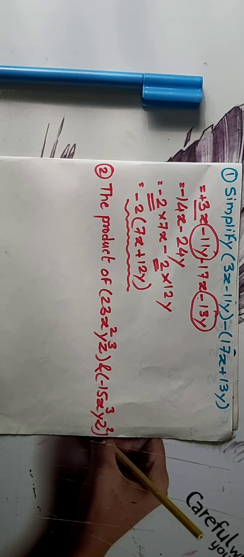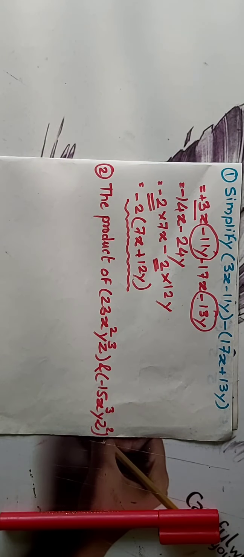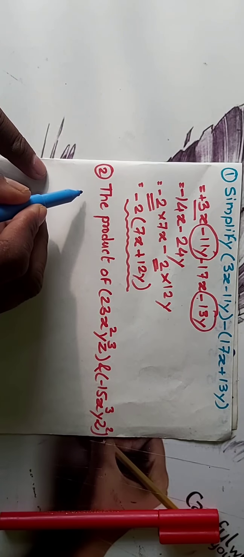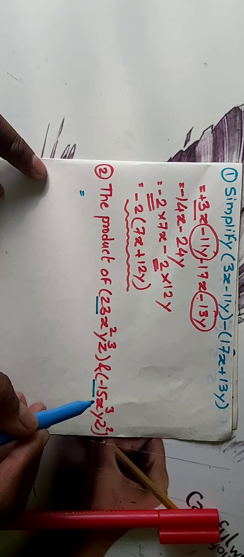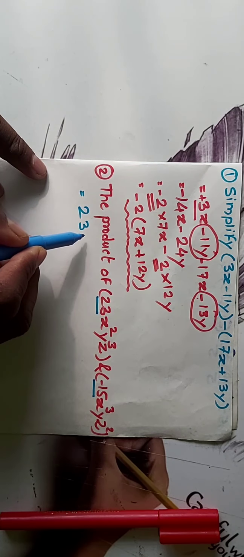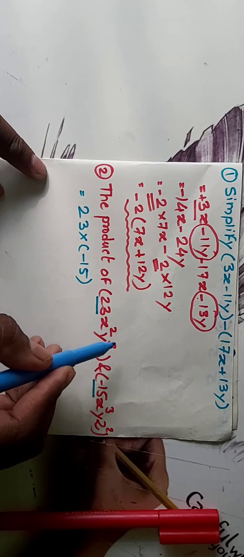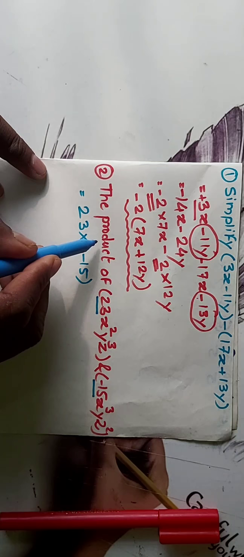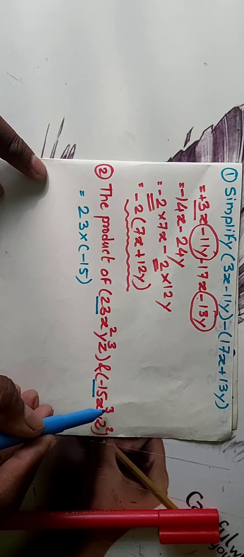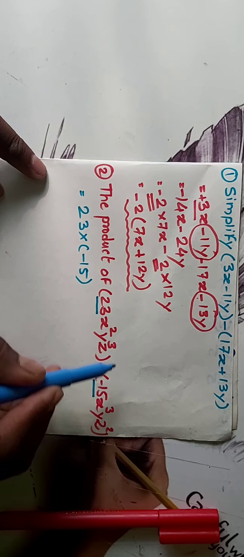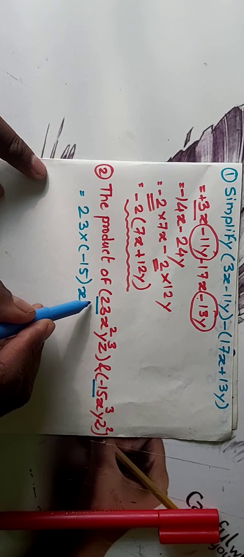Now students, the second question is the product of. Here you have to do the multiplication. I am only giving you an idea of what you have to do. You have to multiply first 23 and minus 15, 23 multiplied by minus 15, then x square. Product means multiplication, so x square and x, here x cube, so 3 and 2, here multiply, so here you have to write what should be there.